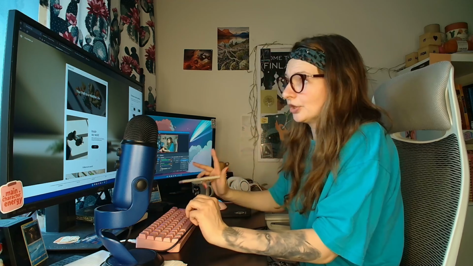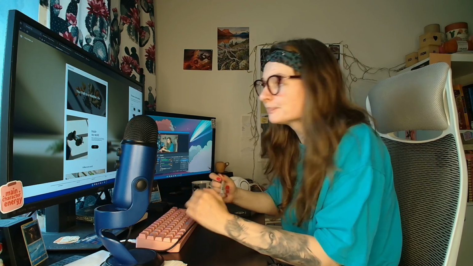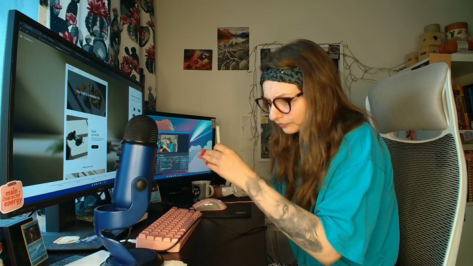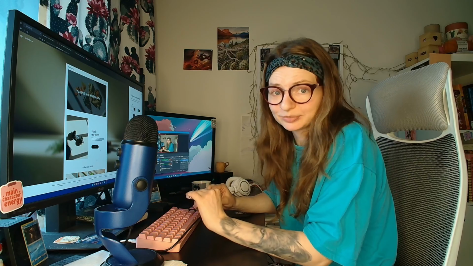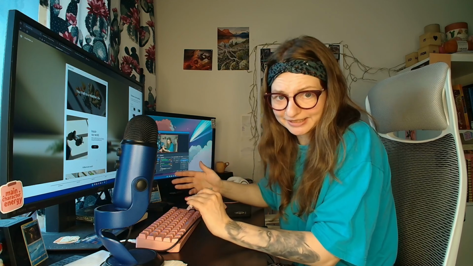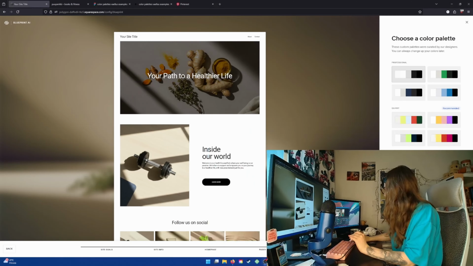If you're using Squarespace, WordPress, or Wix for your blog website, then those services already offer templates that have pre-made color palettes. So that's option number one, pre-made color palettes. And I will make myself smaller. So